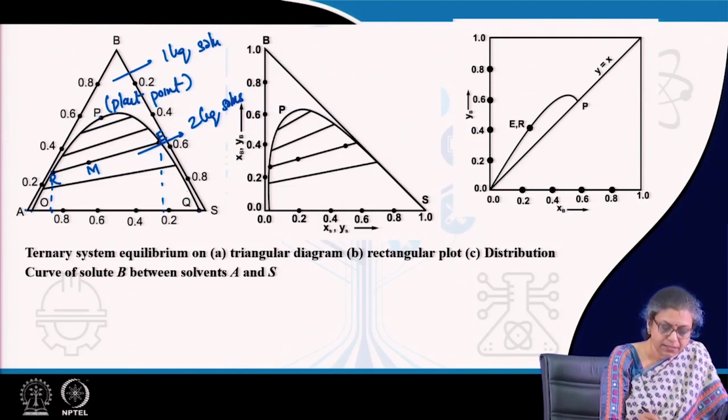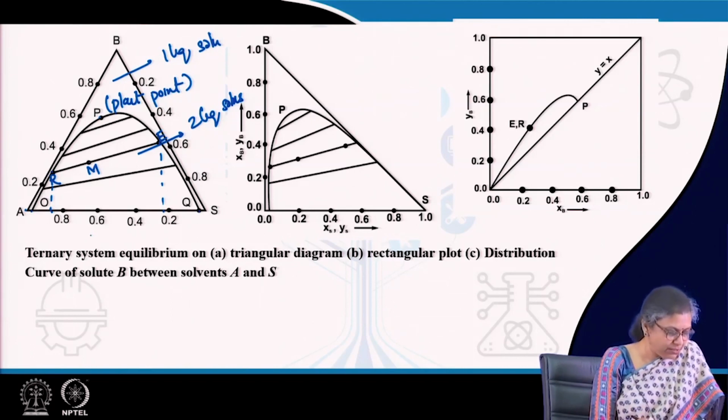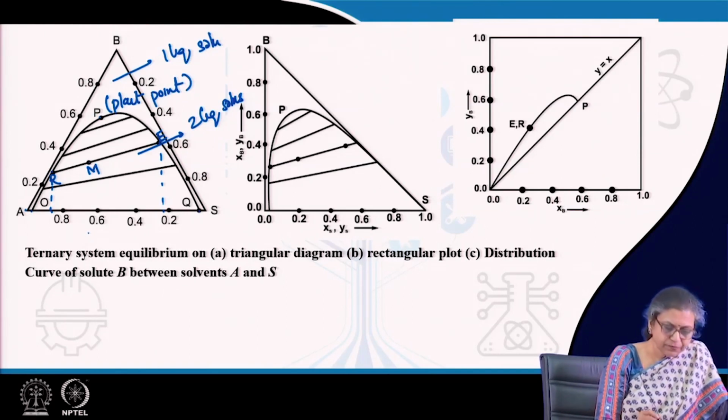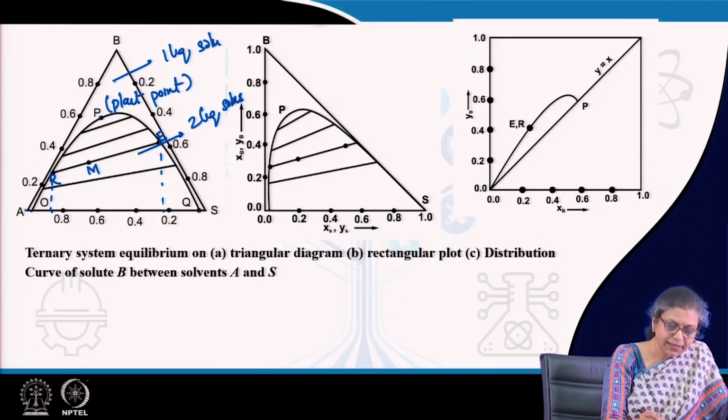Remember one thing: these two curves rarely meet symmetrically at the center. It is usually at one side, and this gives you the limit of immiscibility in this particular case. And since this is an equilateral triangle, quite naturally we know that in an equilateral triangle, the sum of